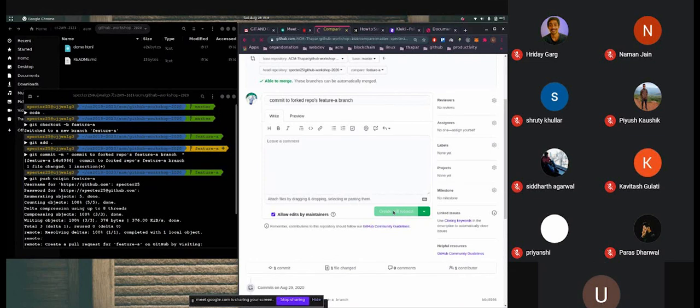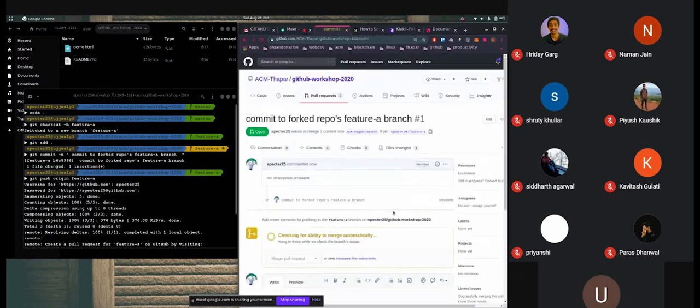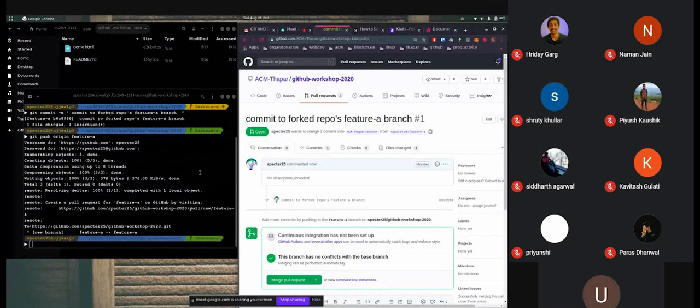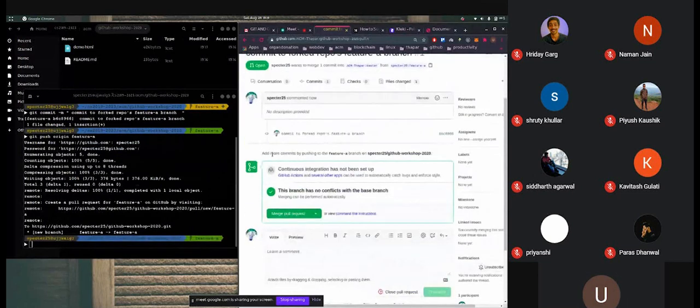So if I raise this pull request, create a pull request. See, where is the pull request created? It is created in the main repository, that is ACM Thapar GitHub Workshop 2020, right?